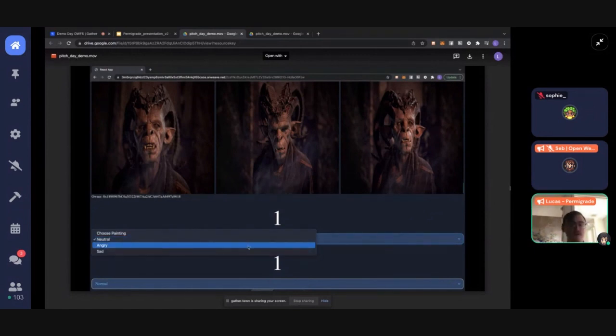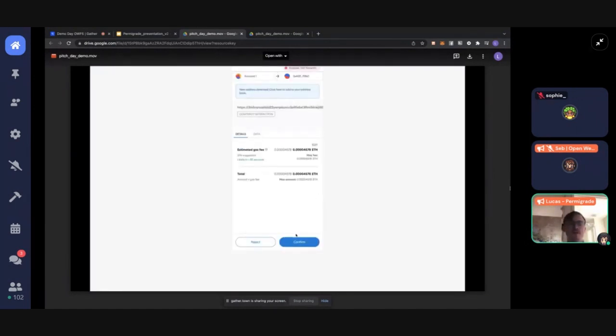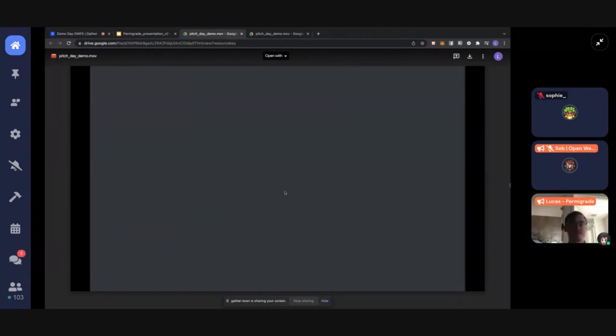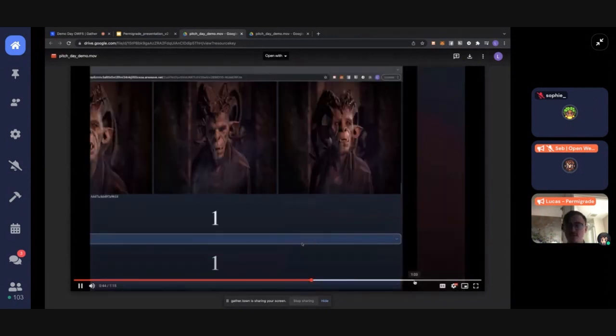And while they're doing that, just going to say real quick, this is deployed with Solidity smart contracts, but I'm right now in the process of converting this to Arweave. And then we can also change the art style. In this case, they're going to choose the saturated version. I'm going to skip forward as soon as they're done.